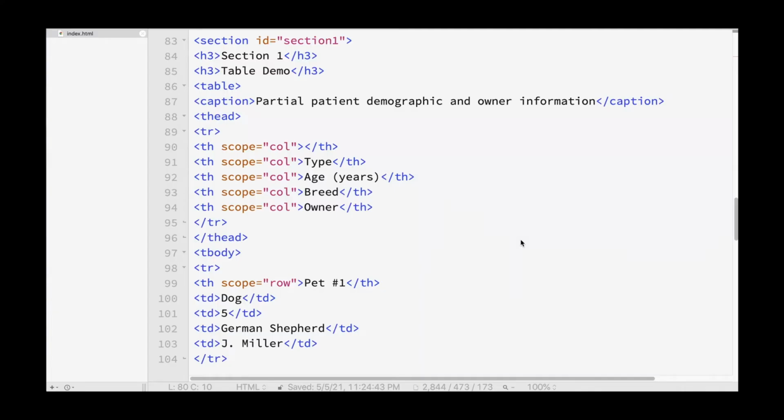So here we have our section code where we have taken code from a previous video, the one about tables, and we've placed it into our section 1. Section 1 is denoted here by this third level heading, H3, and what we're going to do is actually change the table demo heading to a level 4 heading, H4,